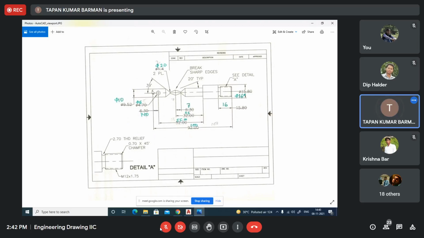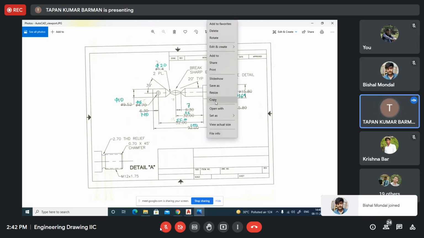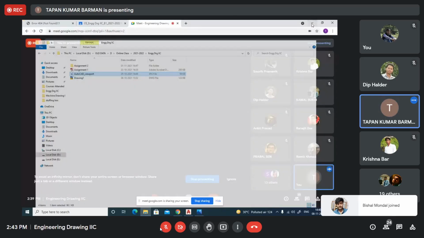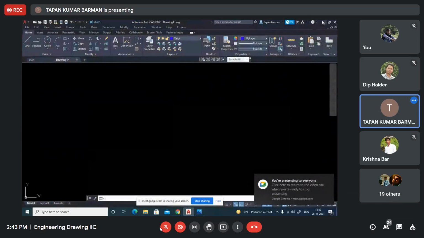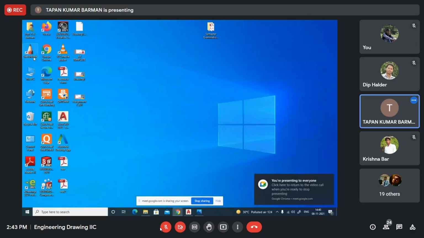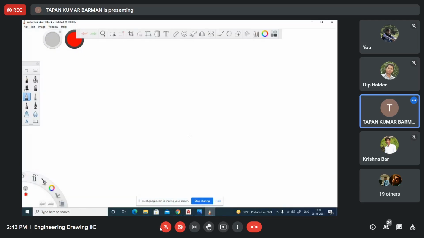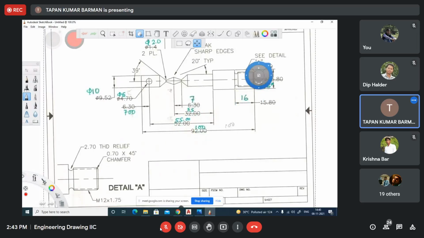One minute, I am copying this. If you see the drawing, basically your drawing is like this. So I am overwriting this.